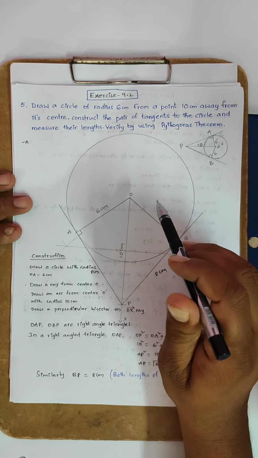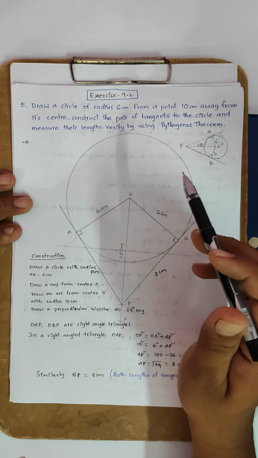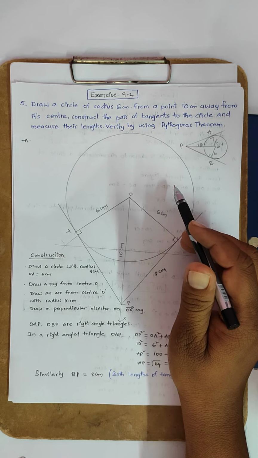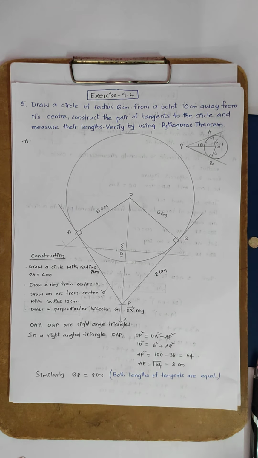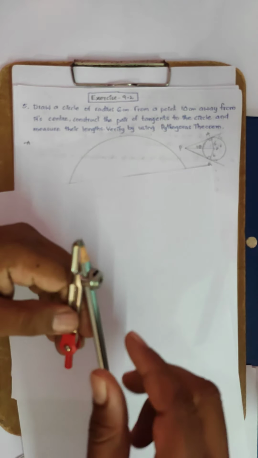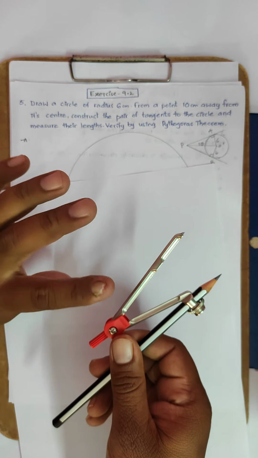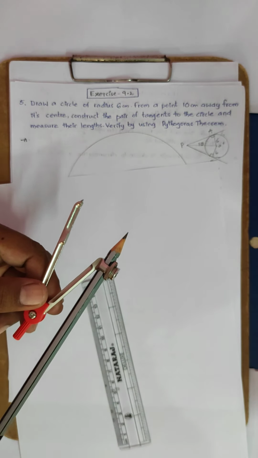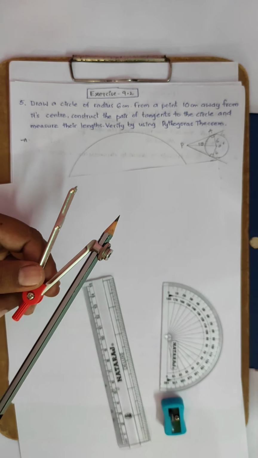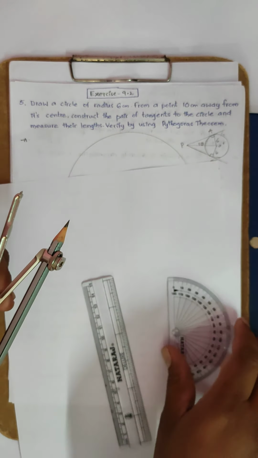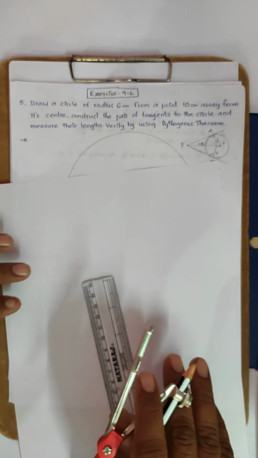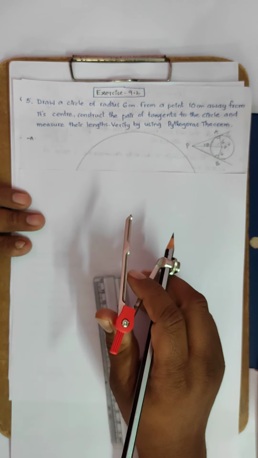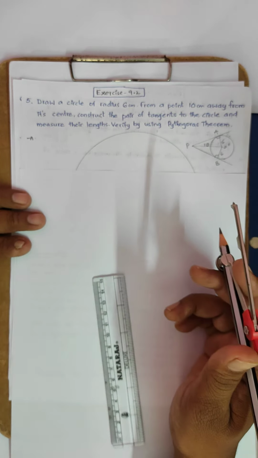But from this question, there is a new topic for us: how to construct a tangent to a circle. Listen carefully. For this we need a compass, pencil, ruler, protractor, sharpener, eraser. All of these items we need to construct the asked diagram. For any diagram we must have a rough sketch to understand better.